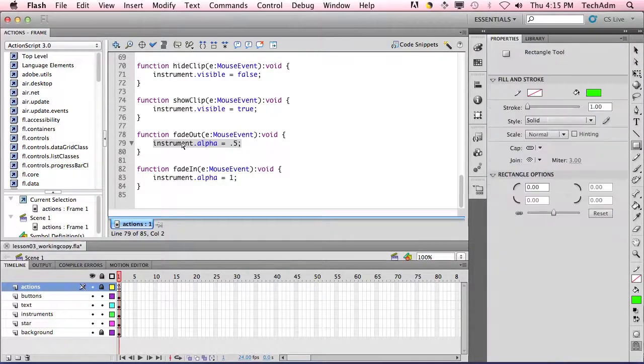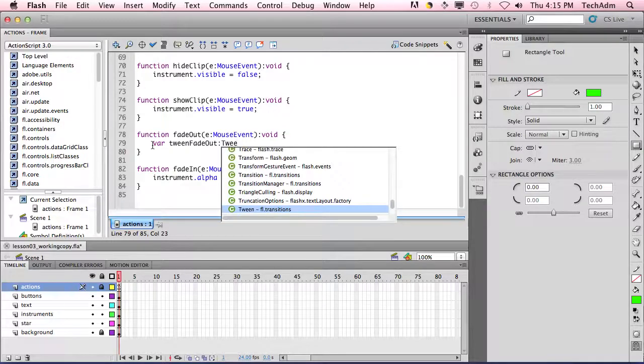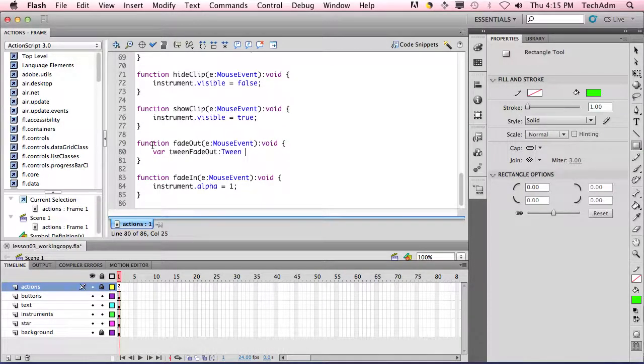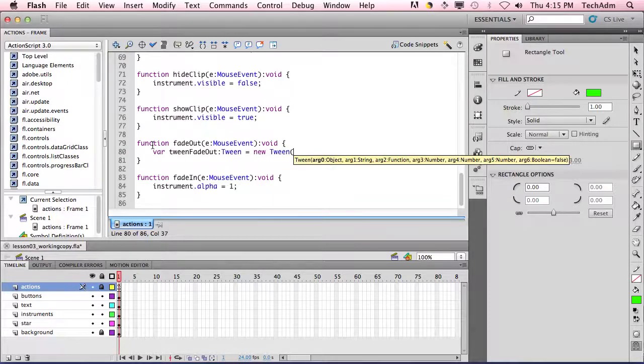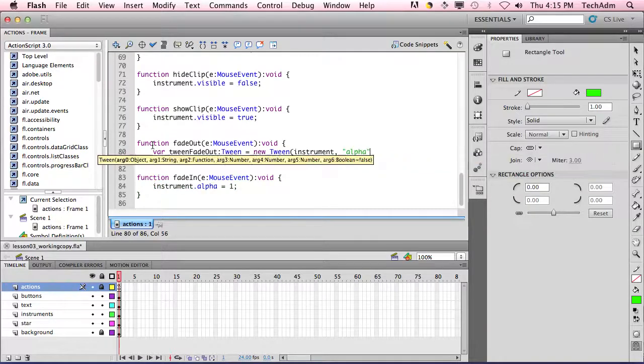So you guys just come here and type this in: var tweenFadeOut:Tween = new Tween(instrument, "alpha", None.easeOut,